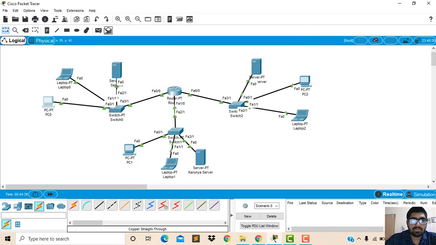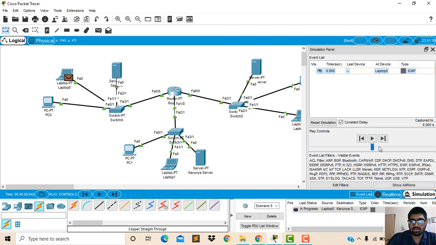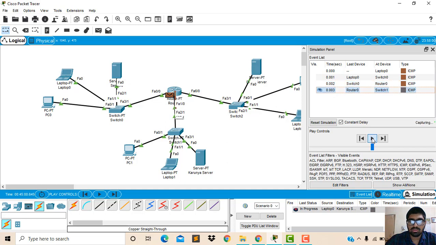Now we will see the packet simulation from the first laptop to the second server. Now here when we see, the simulation is successful. Now we will check how the packet is going. First the packet reached the switch, and after that it reached the router, and it went to the second switch of the local area network, and after that it is accessing the information from the Karunya server.